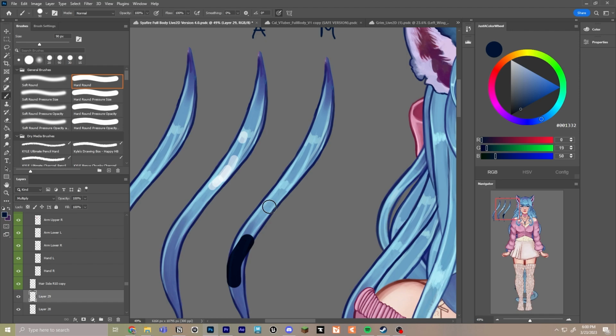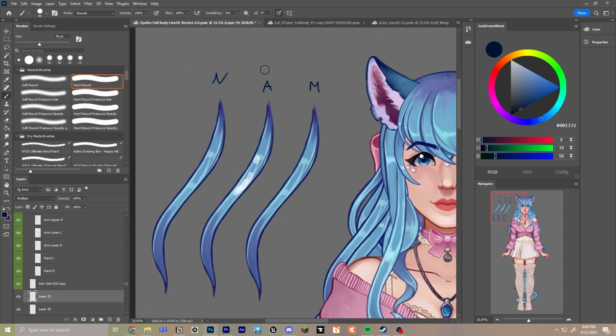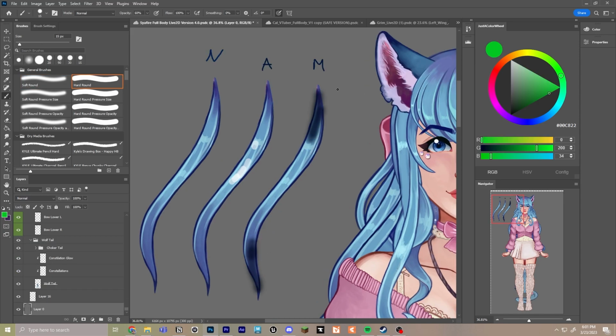So usually a way that you can think about it is normal, light, dark. So kind of like normal color, highlights, shading. So if I were to go in here with my multiply layer and start laying this on top, you can see how it's painting it to be kind of darker. These are the only layers that are acceptable for Live2D Cubism,